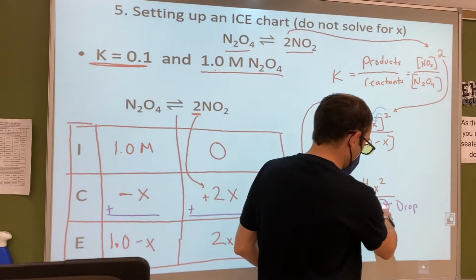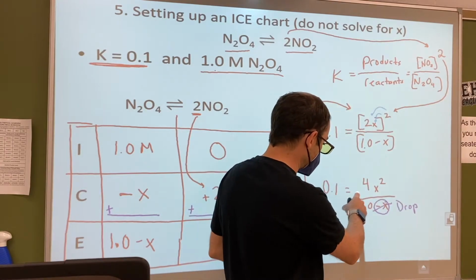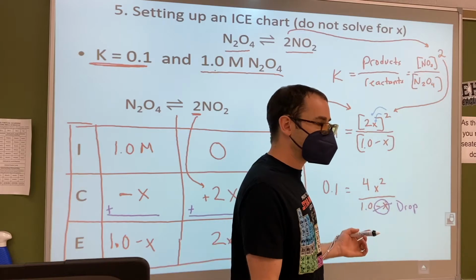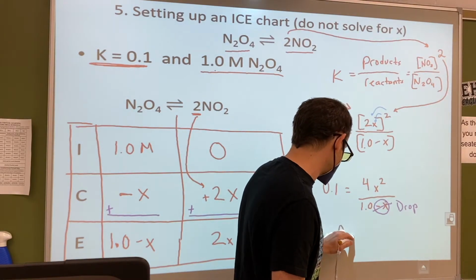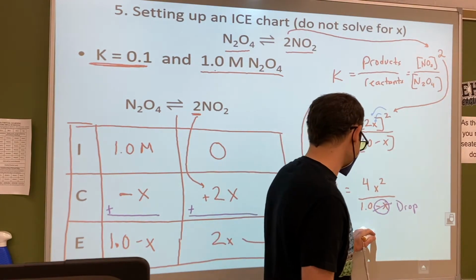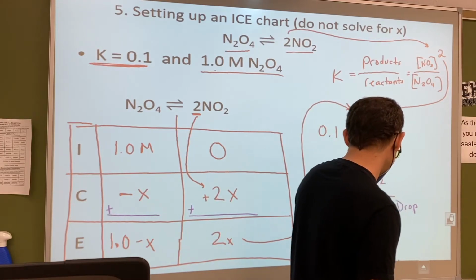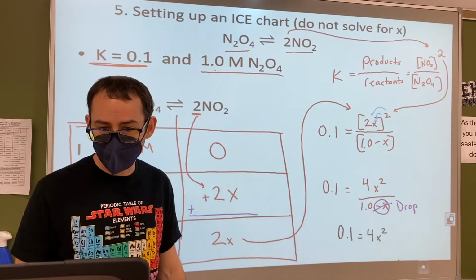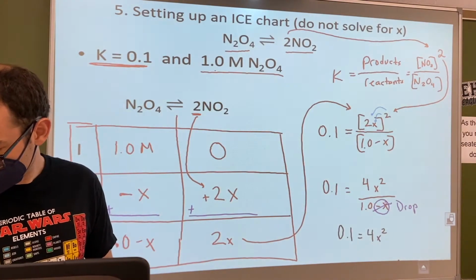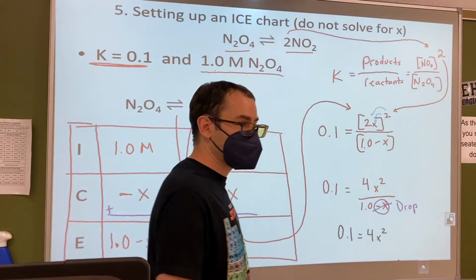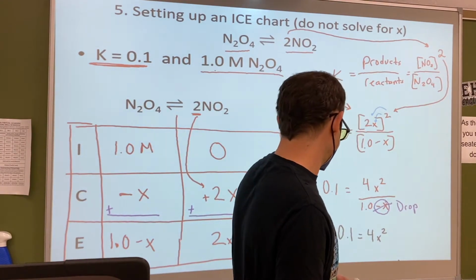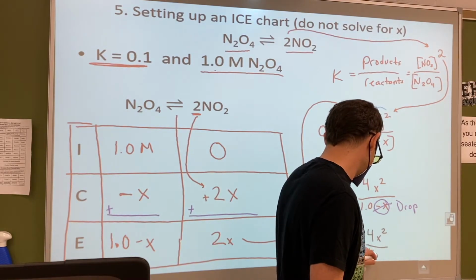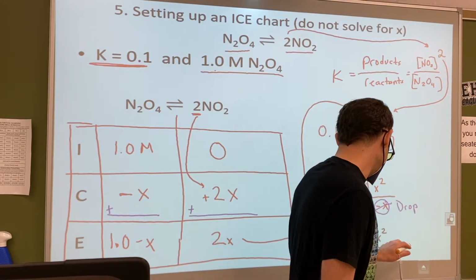So if we get rid of that x, now check out how that changes this problem. This is 1 on the bottom, right? So it's like it's not even there. So this problem actually now just becomes 0.1 equals 4x squared, right? And you can solve this one. What would we divide on each side first? What are we going to divide on each side to get x by itself? Yeah, we're going to divide by 4 on each side. All right, and that's going to give us